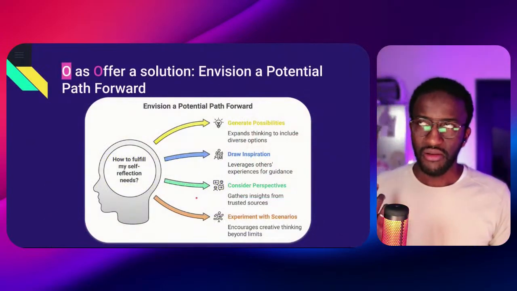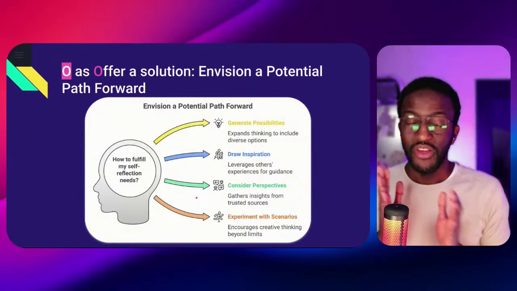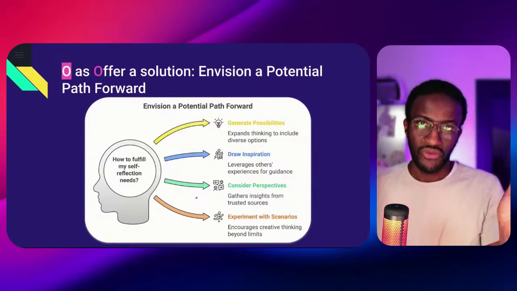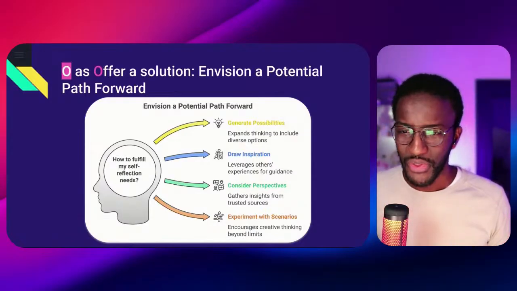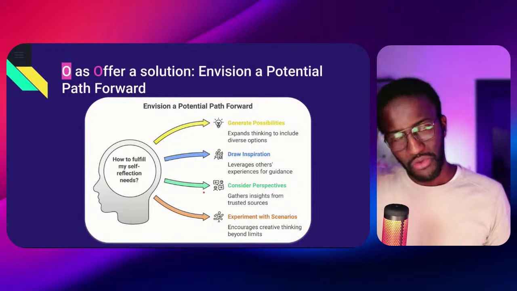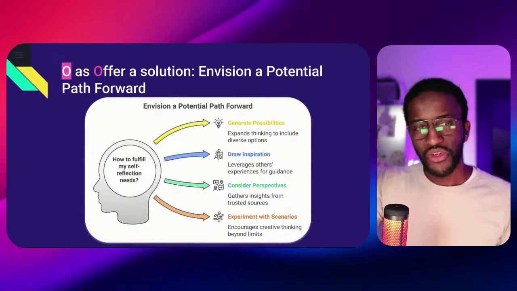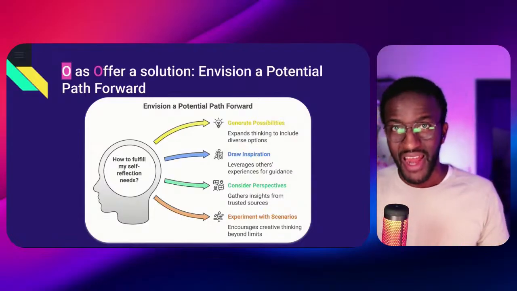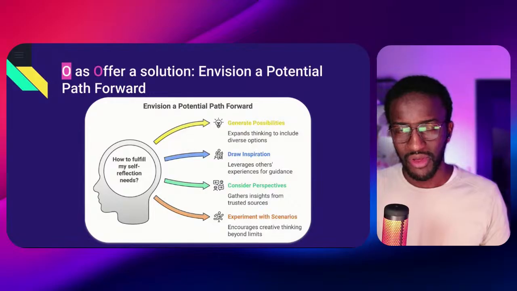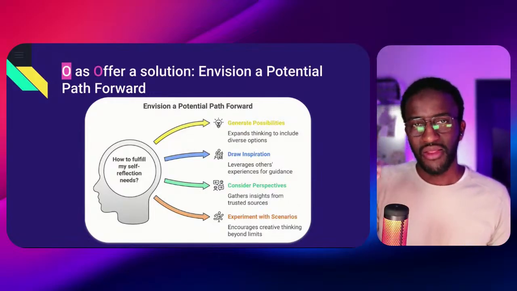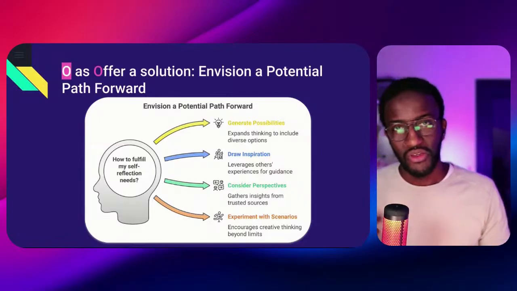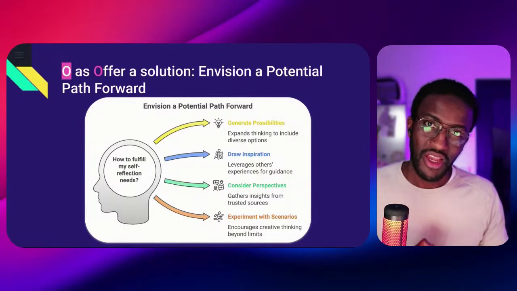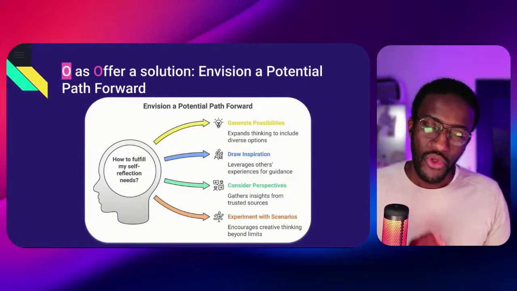Offering a solution here is kind of when you do, for example, brainstorming, you have to diverge first before you converge. So this is really, let's say, the diverging part. This is where, for example, you start imagining some solutions, but you have always to keep in mind that all the solutions that you are talking about, they must be aligned with your values. This is really something important because the initial need is that you are doing something today which is not aligned with your values. So you have to make sure that in all the solutions that you are trying to find, those solutions must be aligned with your values.